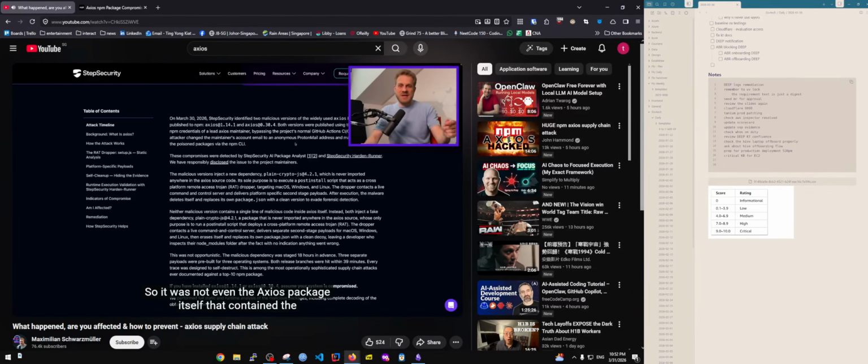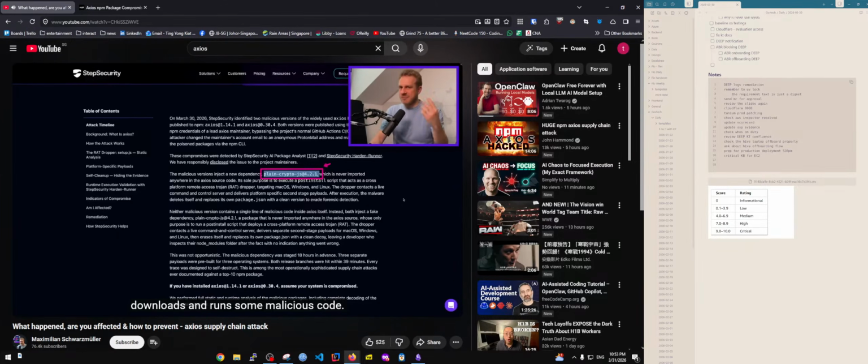So it was not even the Access package itself that contained the post install script, but instead it was another package, the plain crypto.js package, which was created by the attacker, whose sole purpose is to have a post install script that downloads and runs some malicious code. So the Access package was compromised by adding plain crypto.js as a